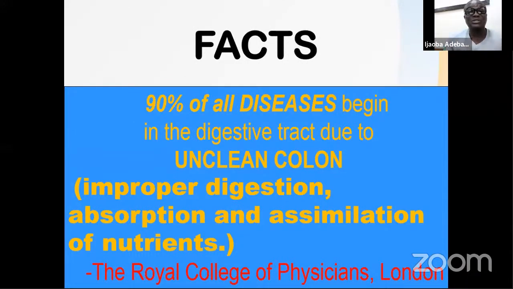This one, there is no dispute about it, because from your colon, undigested food particles that are not being expelled from your system begin to ferment, begin to go rancid, begin to go through terrible decomposition, and by implication, your body reabsorbs the toxin back into your system. So what brings about unclean colon? Number one is improper digestion. When you have issue with your digestion, when you don't chew your food.